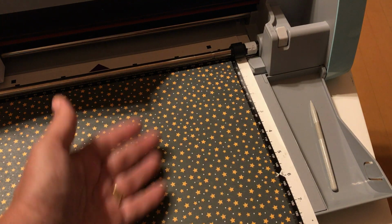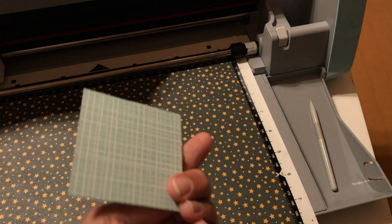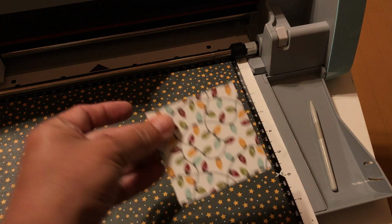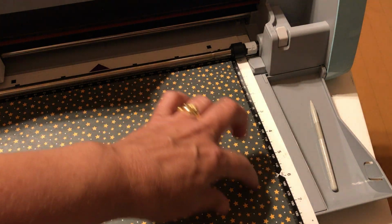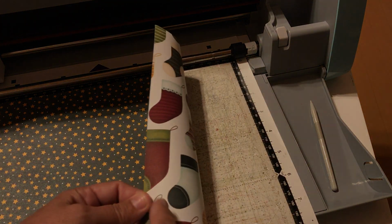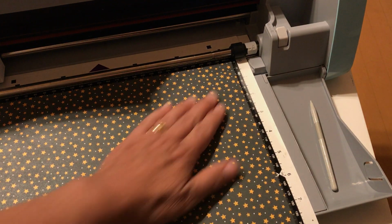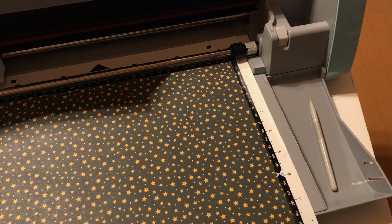So the paper that you're going to use more of, you're going to face that up. So I use this more than I use that. I did use this side a little bit, but I wanted this side cut up like that. Also, since some of the panels, if it does matter, I would like these to be vertical, so I would like that pattern. It doesn't matter for that stocking pattern, but for some of the patterns, I wanted the little tiny stockings